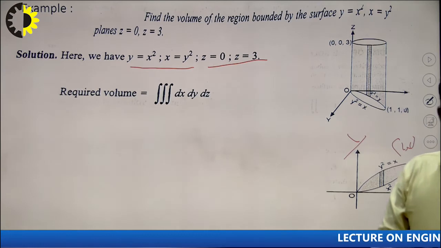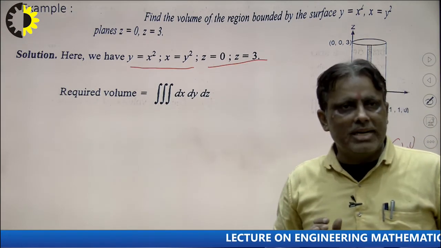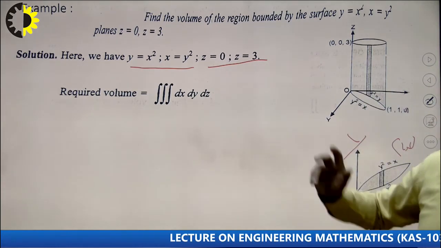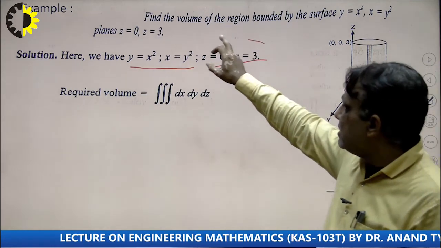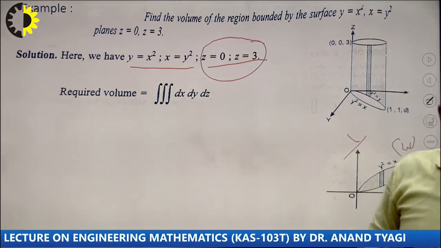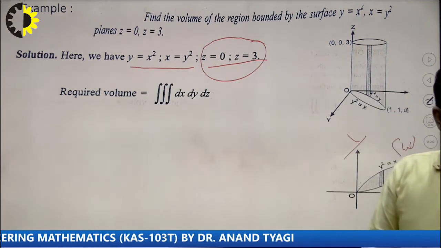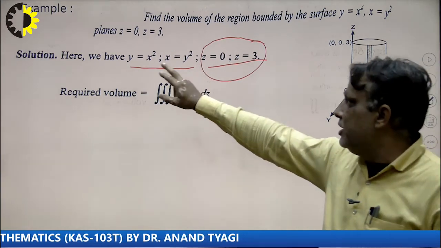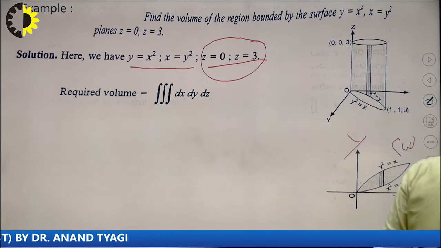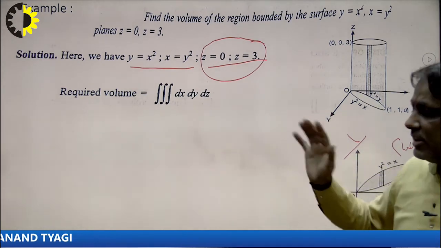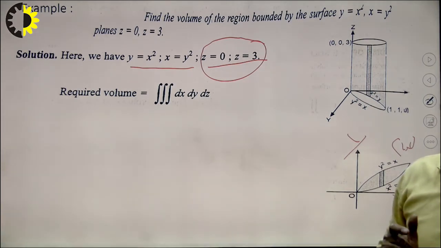First of all, students, see very carefully. Suppose I have no idea from the diagram, or a student cannot understand with the help of the diagram. So we can take the limits without any diagram. How? The limit of z is 0 to 3, that is understood. The limit of y will be y is equal to x square and y is equal to under root x. After solving, the intersection points will be 0, 0 and 1, 1. So that means x will be 0 to 1 here. So in this way we can take the limits without any diagram, but if a student uses the diagram, then the concept will be very clear here.